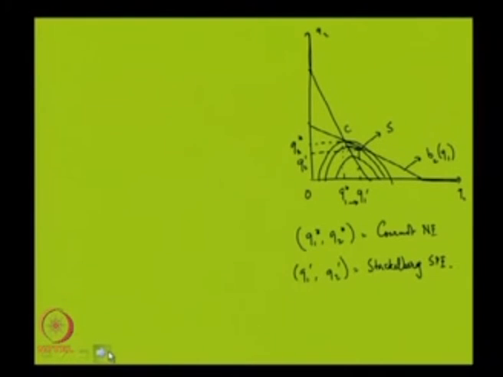This could be one exercise one can do as homework, that even if we take quadratic cost functions, the same result holds, that the first mover has some advantage over the second mover because he can guess what the best response of the second mover is going to be in the second stage, plan accordingly and raise his or her profits. So, this is the Stackelberg model in comparison to the Cournot model.